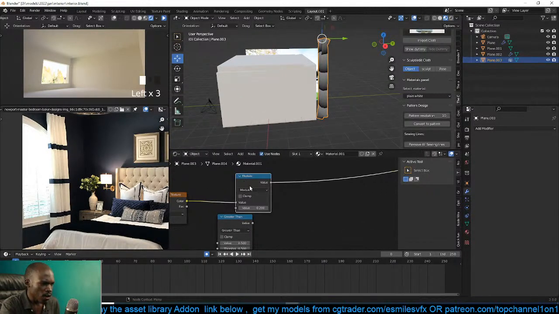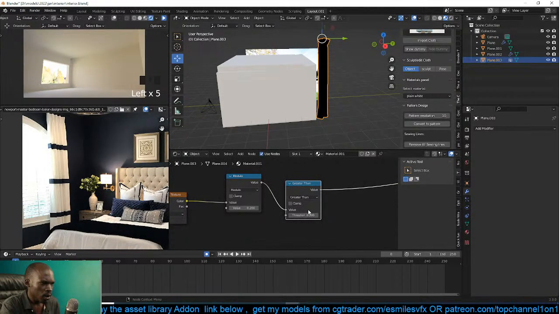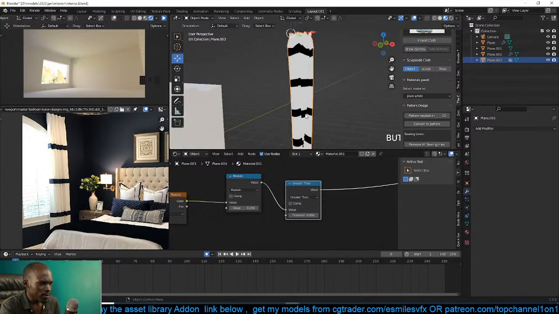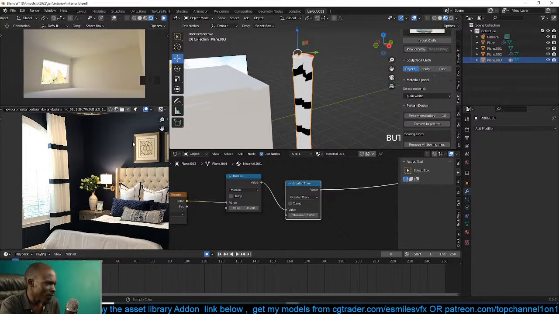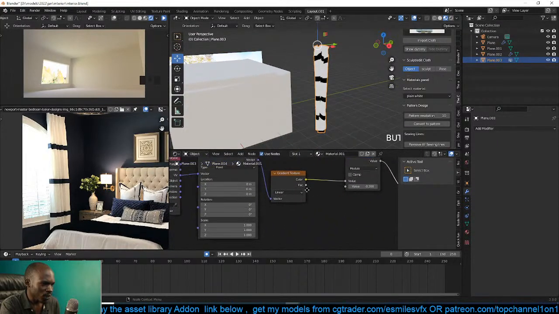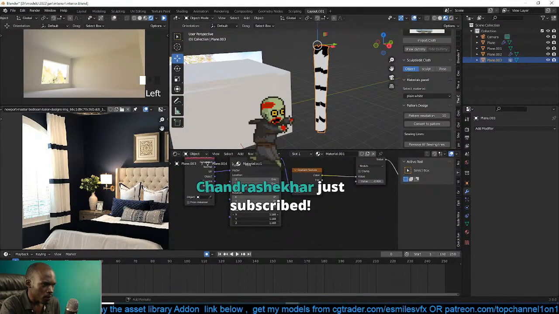And now we can have the greater than after. And you can see the patterns, we have the stripes. So we can scale this up until we have